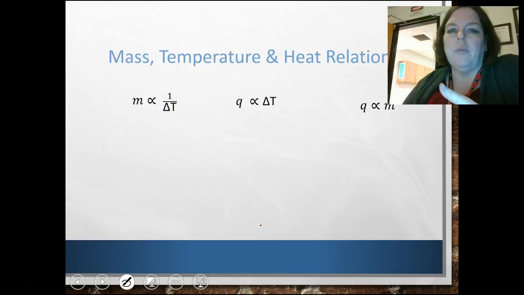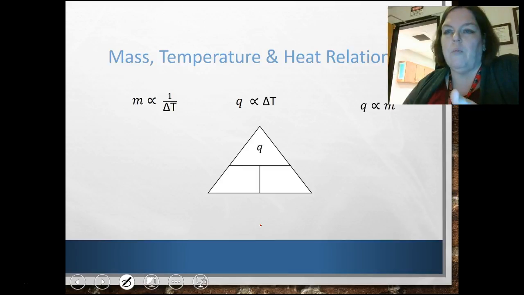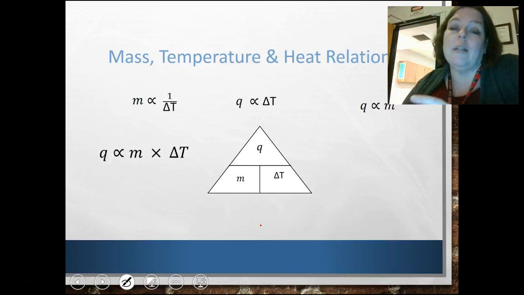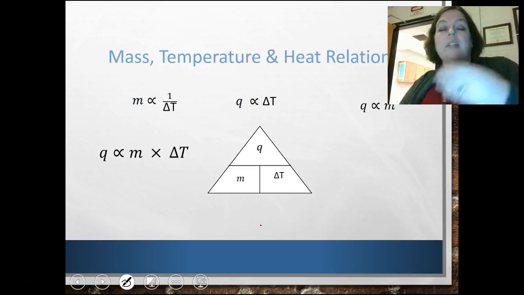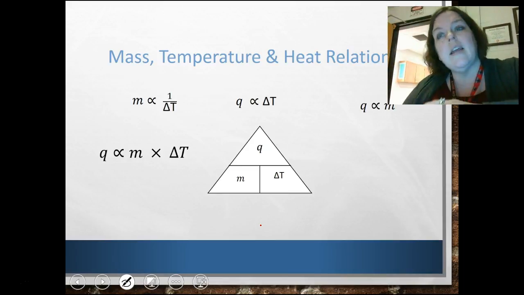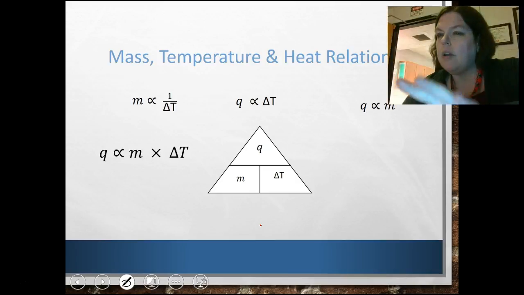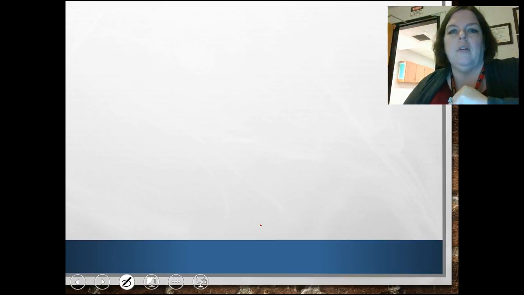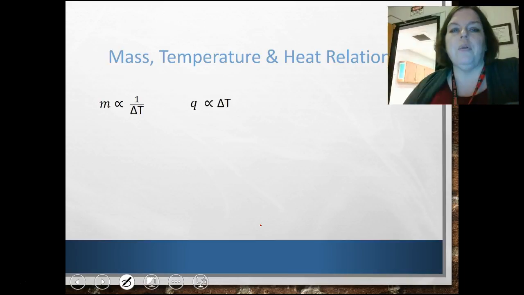So if we have these relationships, we can start with our triangle. Q is on top. That means mass is on the bottom, and delta T is on the bottom as well. It runs in the same direction. So we get this: Q is proportional to mass times delta T. We're not putting equal signs yet because we haven't quite figured out all of it, okay? So then we went through,